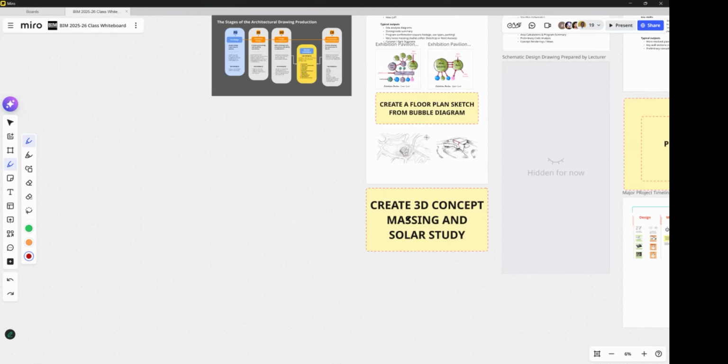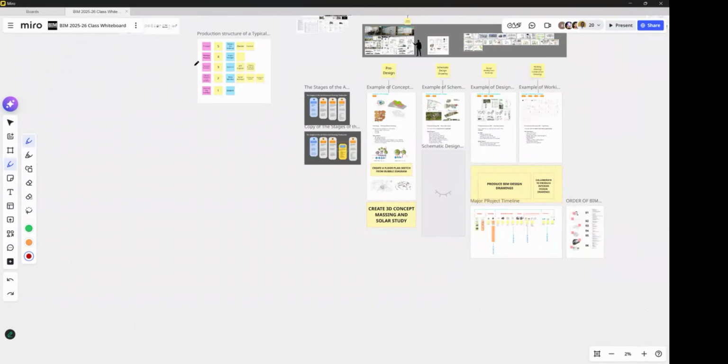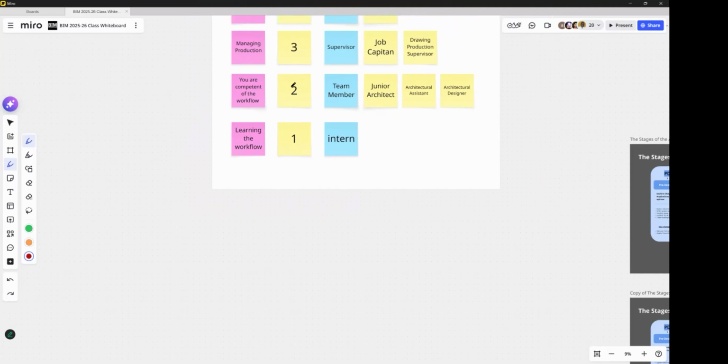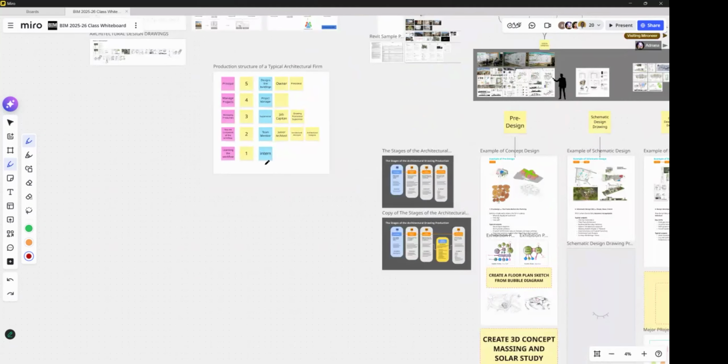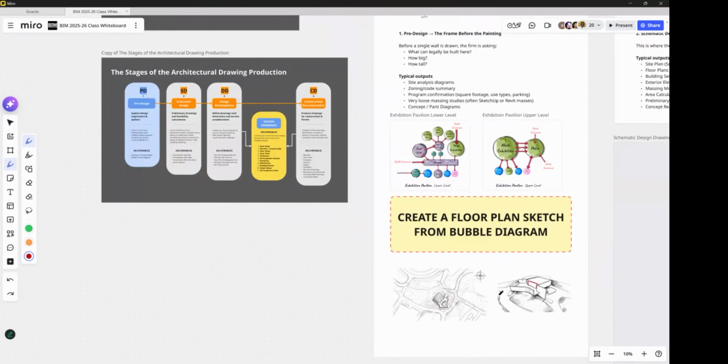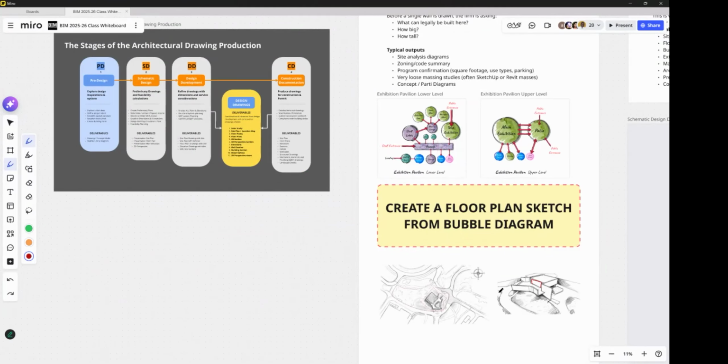And me, as the principal of this firm, that is a task that I would give you at the level of team member or supervisor, right? So you're actually now playing a part in shaping the design. Yes, I created the initial design idea, but I'm asking you to help me in this preliminary phase. And I can tell you that it's usually a good sign if the principal asks you to do that, right?